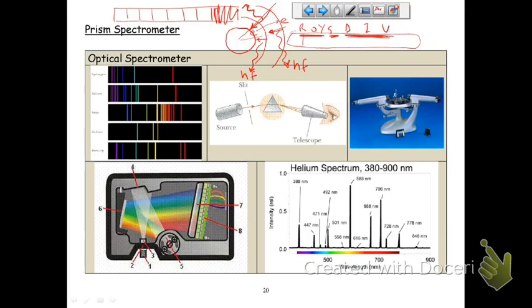Okay. So when I get a gas and I excite it, I see lines of color, because all the hydrogen atoms can have that transition from one energy level to another, and they can have that transition, and that transition, but you can't have one in between because there are no energy levels in between. So all the atoms behave the same, and they give you these very distinctive lines of